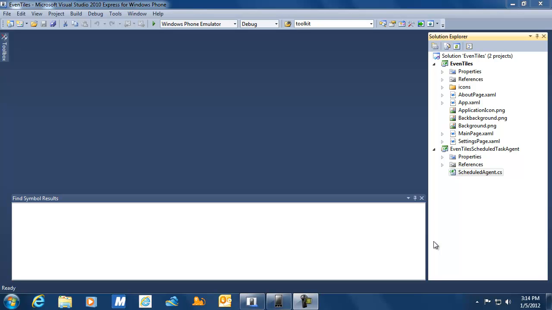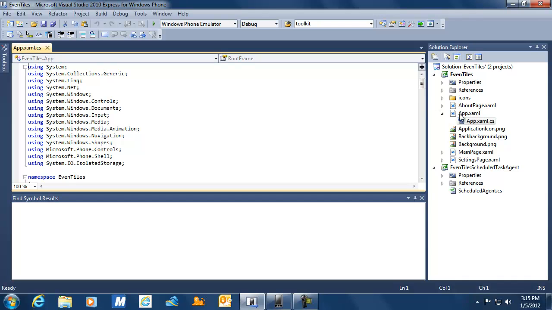Hello once again. We're going to talk again about EvenTiles, and last time I promised you that we would talk about how to exchange data between the application and our periodic task, but instead we're going to do something different, because we need to improve the way our periodic task is created. And for that, the first thing we're going to do is open our app.xaml.cs file,